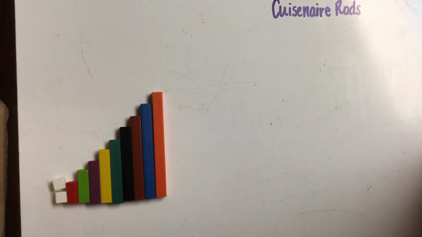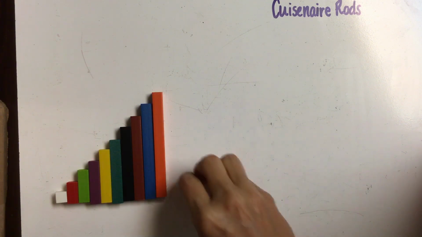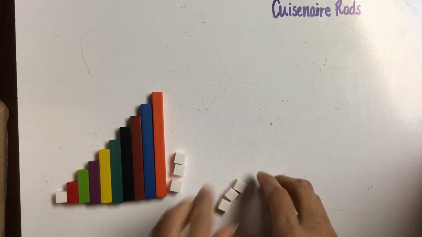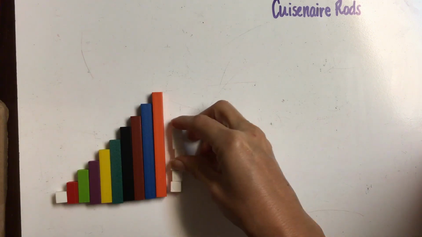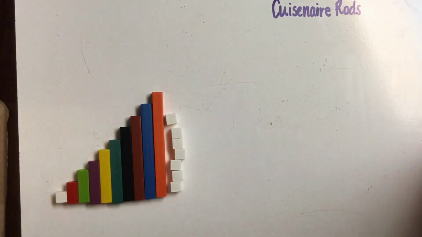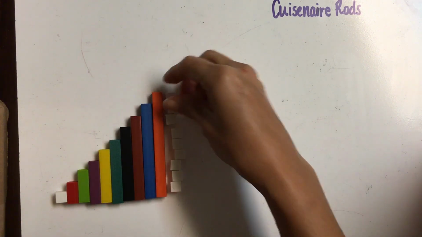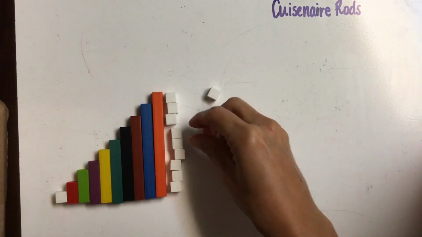Hi, I want to introduce you to Cuisenaire rods, and they are really cool manipulatives to teach children math. First of all, let me talk to you about the rods. So these rods are each in centimeter in length, and the white is 1 centimeter. And you can see that